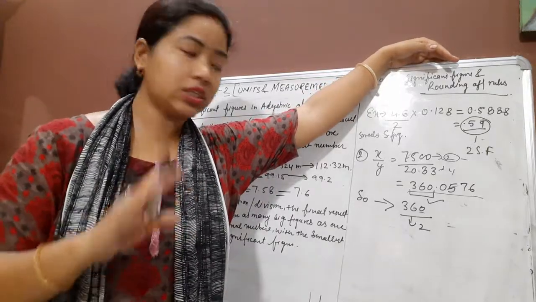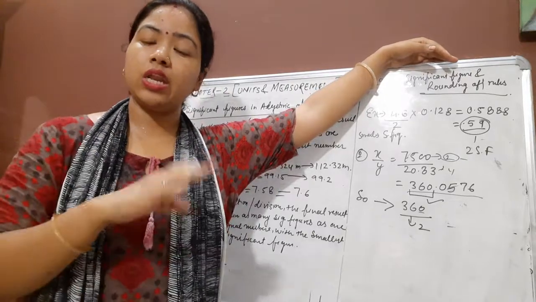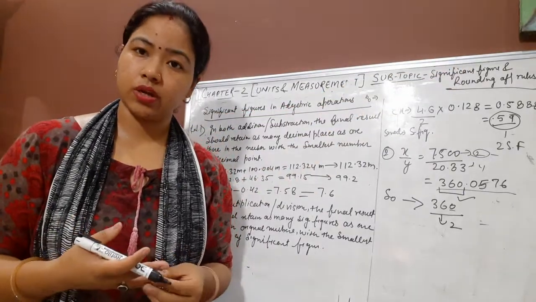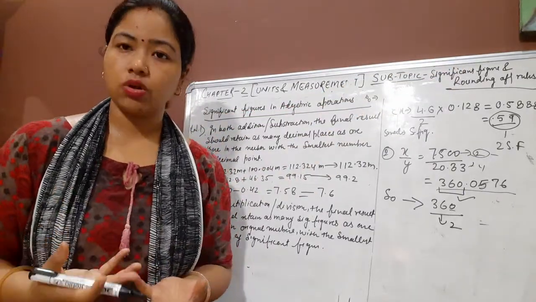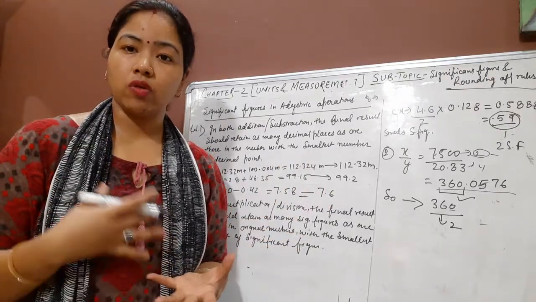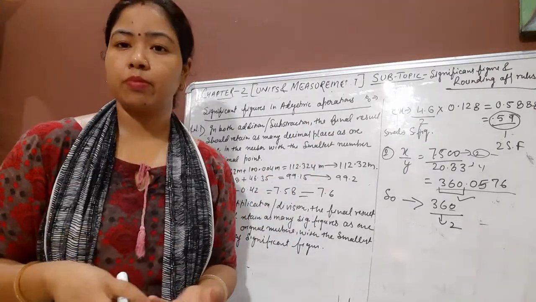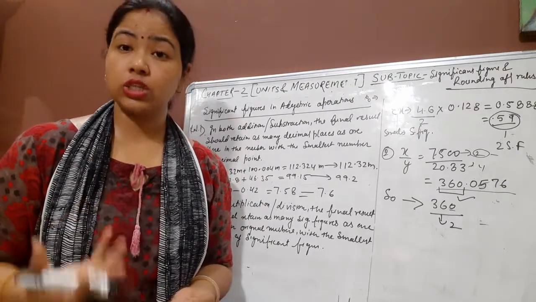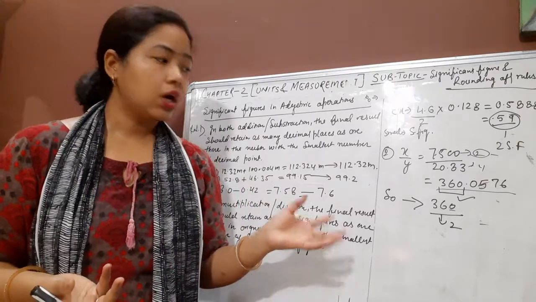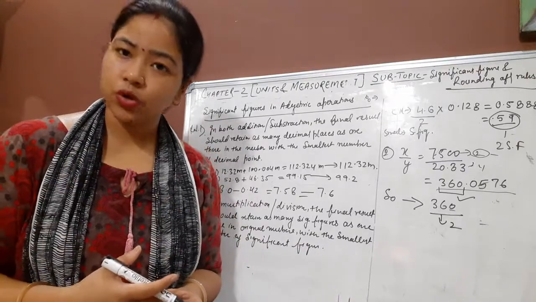Likewise, with the help of all these rules, you can count the significant figures in any given number. So you can check out more and more examples related to these rules. Whenever you are solving more and more numericals related to these rules, these rules will be easier for you to understand. With only 1 or 2 examples, this will not be very easy to understand, so you have to practice more and more numericals, right children.